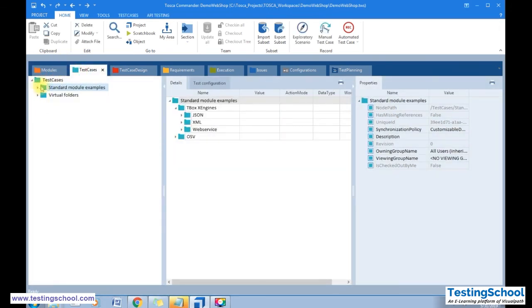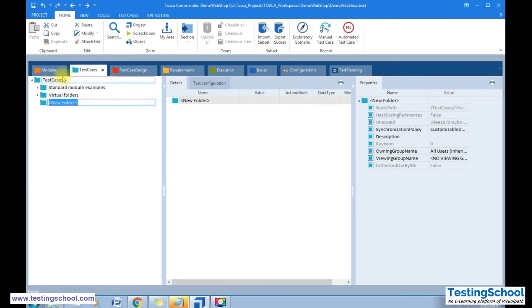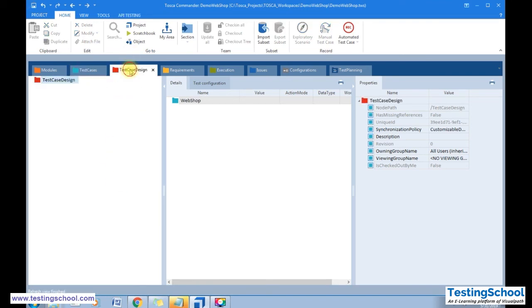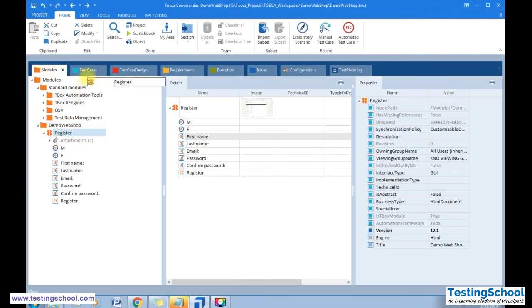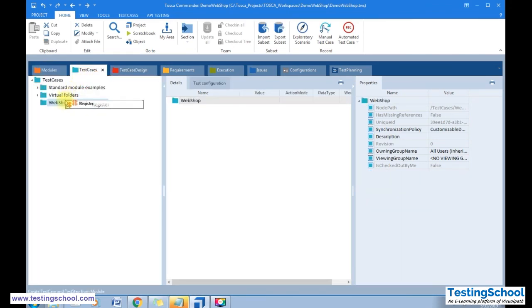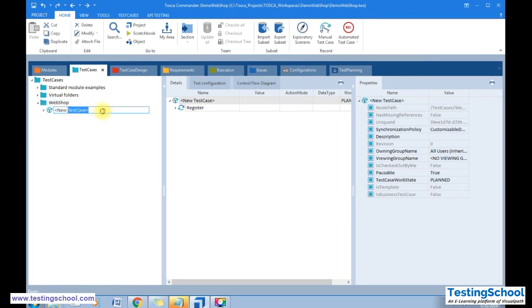Before that I'm going to create one folder, this web shop. In this, if you drag a module, the test case will be created automatically. This test case is to verify registration.